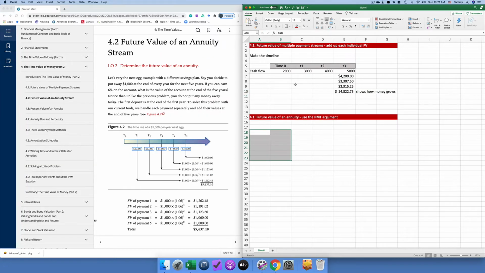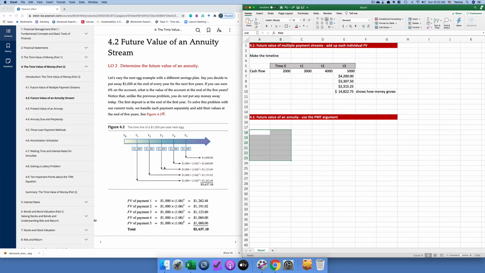Okay, so the next section in the book talks about calculating the future value of an annuity stream. An annuity stream, for our purposes here, is the same payments every year, or you can have annuities with the same payments every month. The idea is, though, that an annuity is the same payment at a regular interval, and so rather than going through this whole equivalent analysis where you bring each cash flow up to the future,